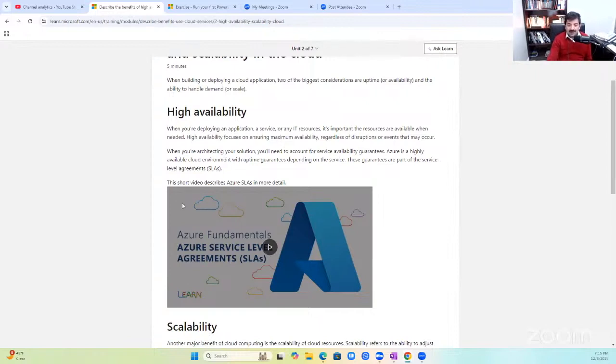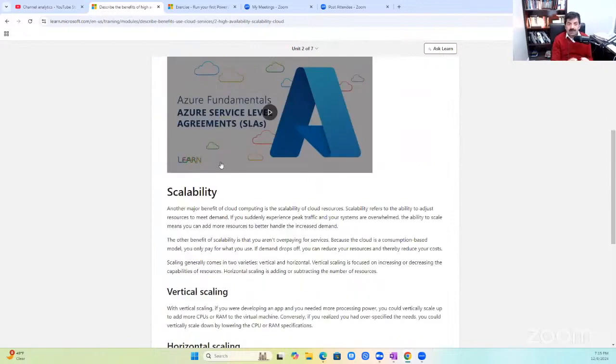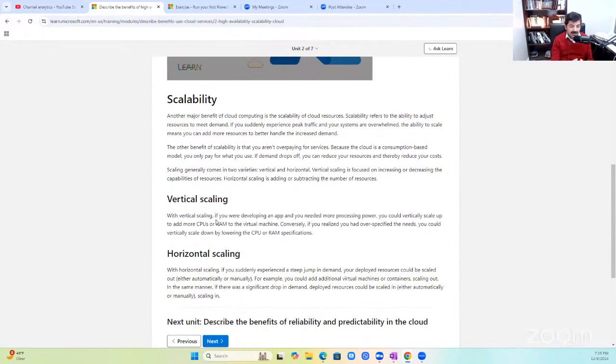The second thing is scalability. You set up your applications, and if initially you planned your application for 1,000 users and suddenly your application became a hit and now a million users are using it, can your application scale? In scaling, there are two types. Vertical scaling is, say, you keep the number of computers the same, but you increase the processing power, CPUs. Horizontal scaling is you add more virtual machines, you add more containers.